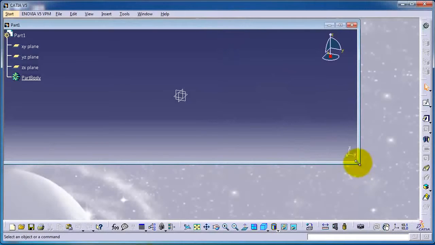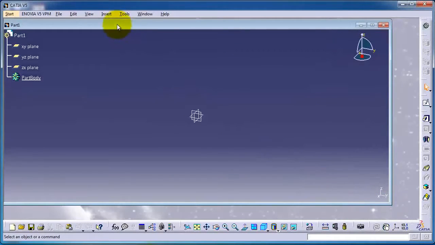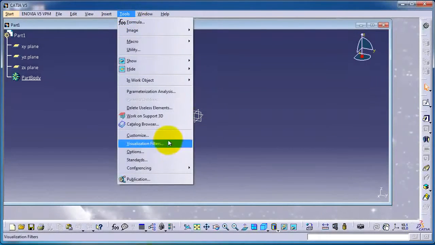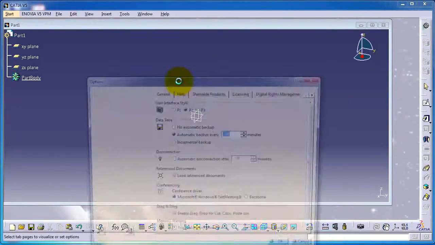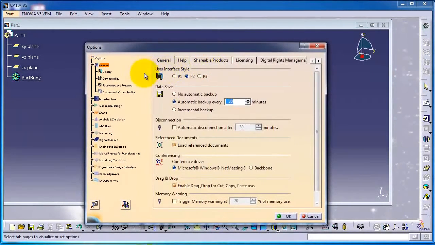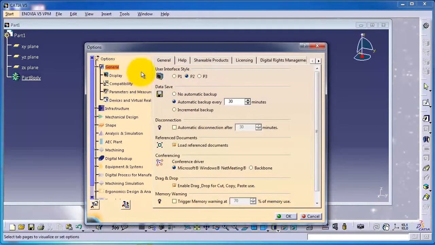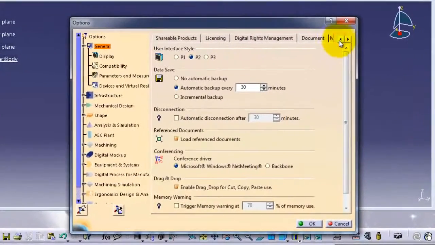So now I am going to go to the important menu for the interface. It's called the option. It is found in tools and options. In this menu you can deal with many things about the interface. I'm going to change the units. Let's go to the units, general, and here you can find the parameter and measure